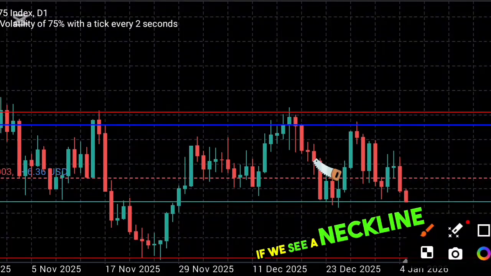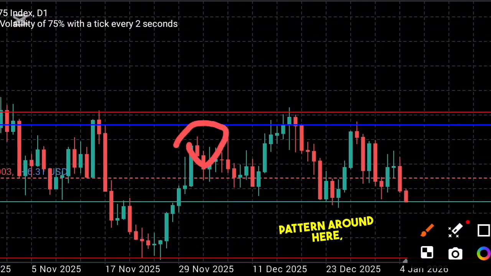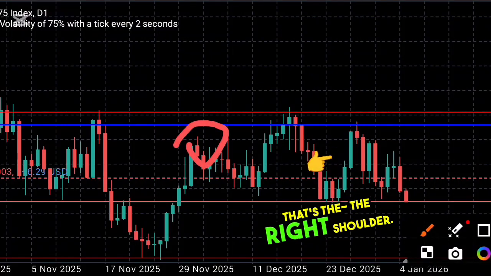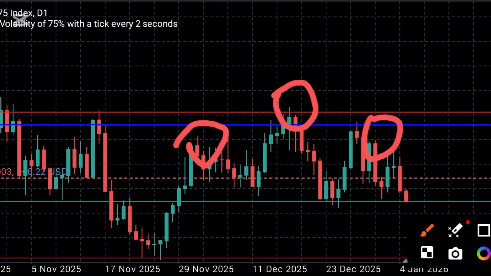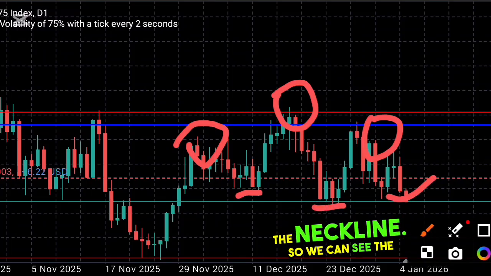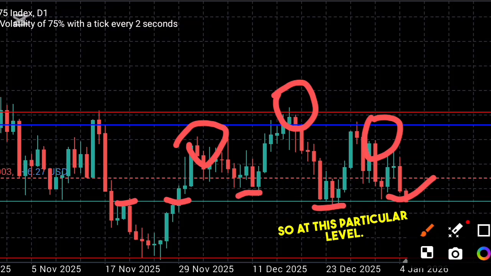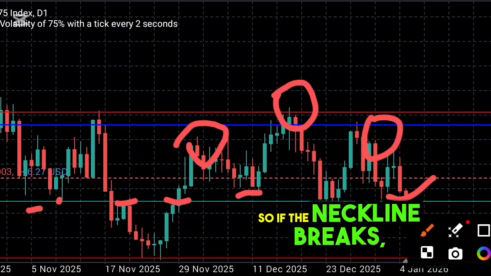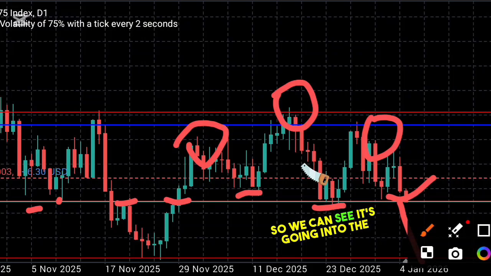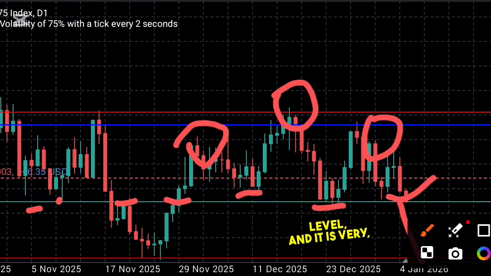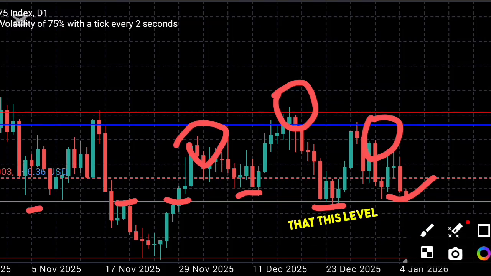So if we see a neckline pattern around here, that's the right shoulder. The left shoulder, this is the head, and this is the right shoulder here, and we can see that the market is breaking the neckline at this particular level. So we can see the neckline. At this particular level, if the neckline breaks, you can see a further move of the market lower into this level. Okay, so we can see it going into the level, and it is very important that this level,